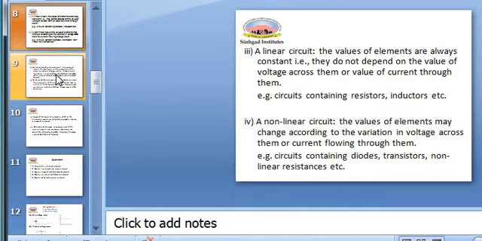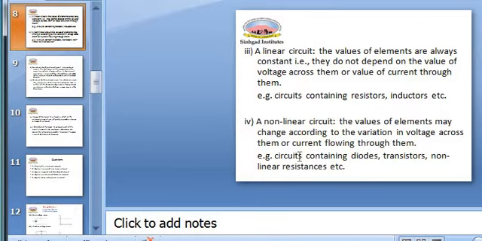Resistance and inductance. The value of the resistance never changes when voltage across it or current through it changes. It remains constant. The value of the inductor L will never change depending on the voltage and current through it. A network containing resistance, inductance, etc. is called a linear network or linear circuit. And the elements, resistor and inductor, are called linear elements. Do remember, resistor is a linear element, bilateral element.